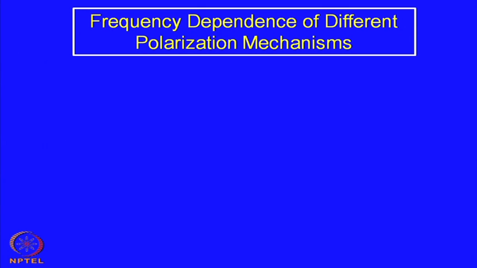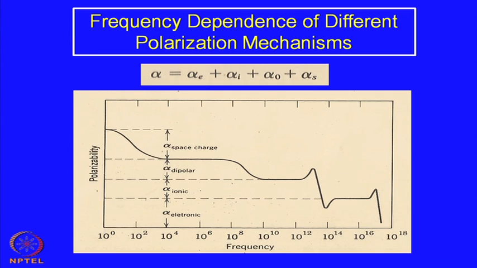Next thing is, if we have an electric field, not a DC field, but an alternating field, AC field, then there will be a frequency, and the frequency dependence of these kinds of mechanisms is not the same, because there is some charge transport or charge movement, displacement of charge from one side to the other. So, it needs some time. So, the so called relaxation time,